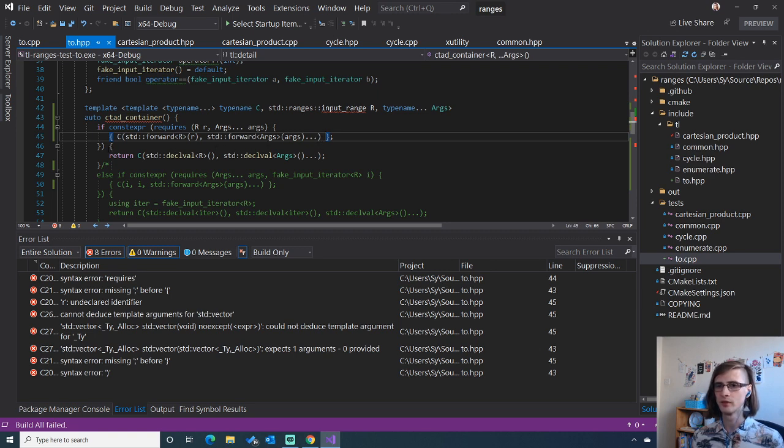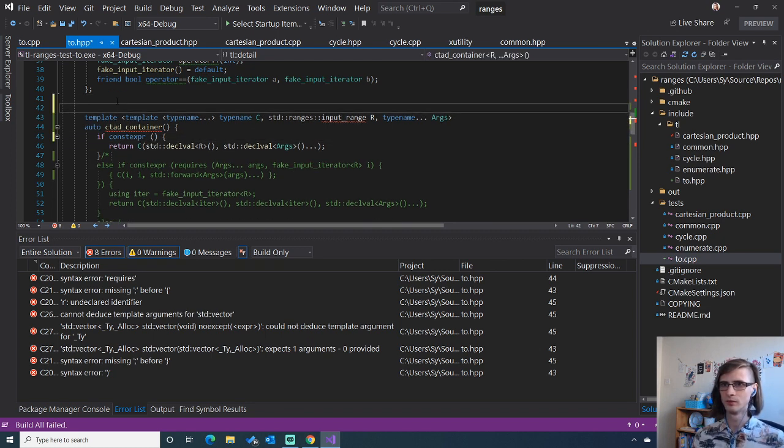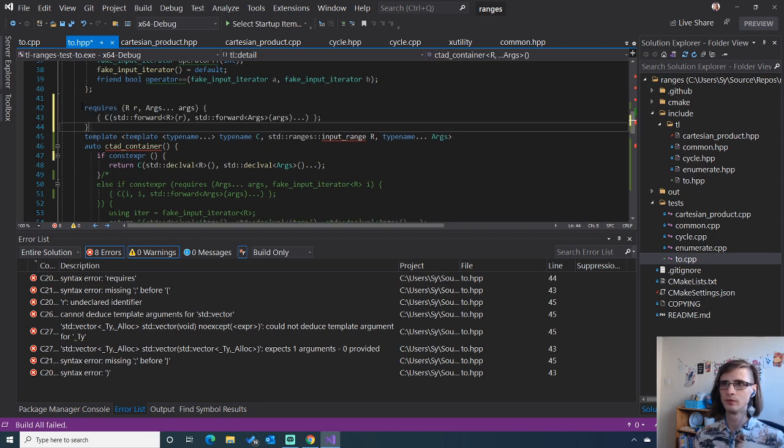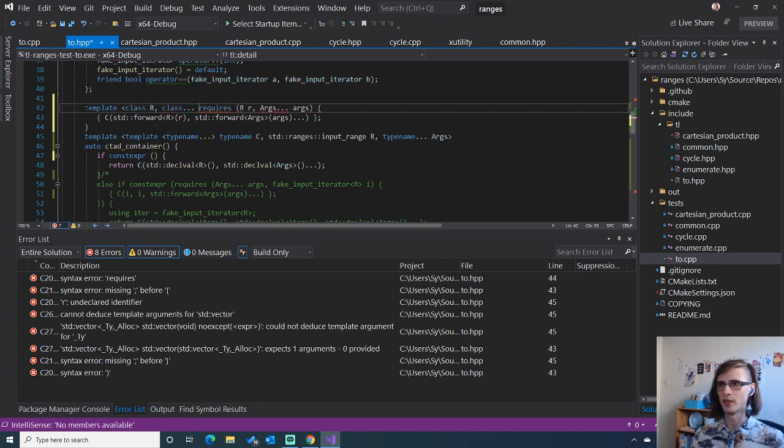The second pair. I did want a better way of doing this anyway, but I'm not sure what the better way is. Let's just make this a concept. Which takes some class R, some args,